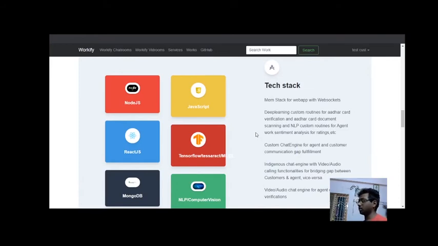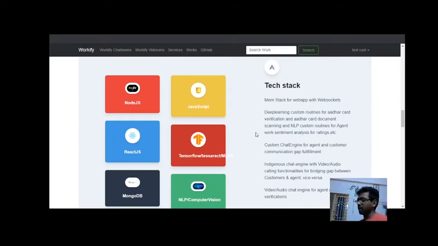Now talking about OCR, we are using TensorFlow, Tesseract, PyTesseract, and all those modules, and our custom routines to train our custom routines. For the Aadhaar card, we need to take the name, date of birth, and also the Aadhaar card number, the ID. We will grab that, verify it with the details he has specified, and use those details for future proof.